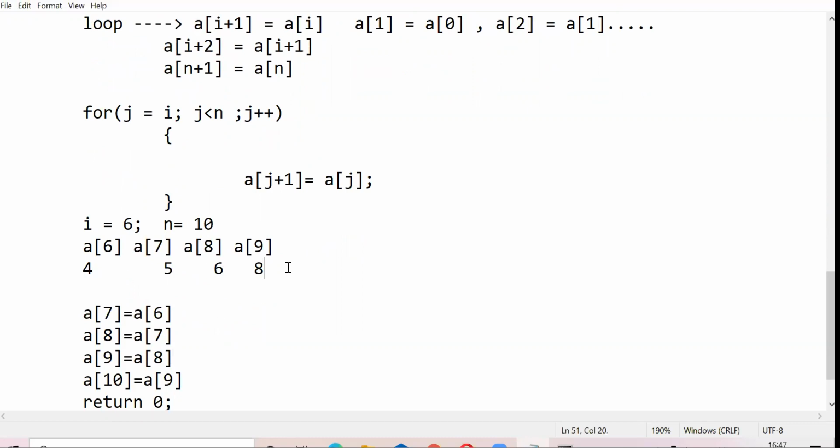What I should do is what you just suggested: if we work in the reverse order, first we are going to set A of 10 equals to A of 9. So we want to implement these statements in the reverse order. When A of 10 is A of 9, A of 10 is going to become 8, then next A of 9 becomes A of 8, and so on and so forth. In that case, there will be no overwriting. Perfect. So how do you rewrite this? From where should I start?